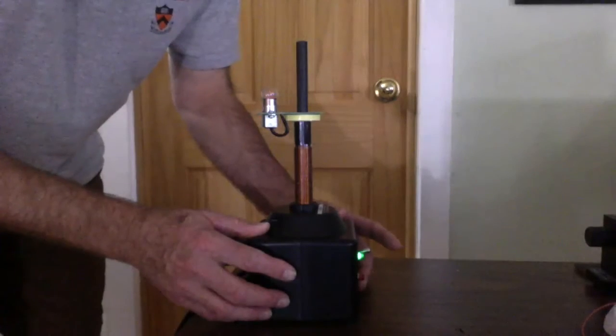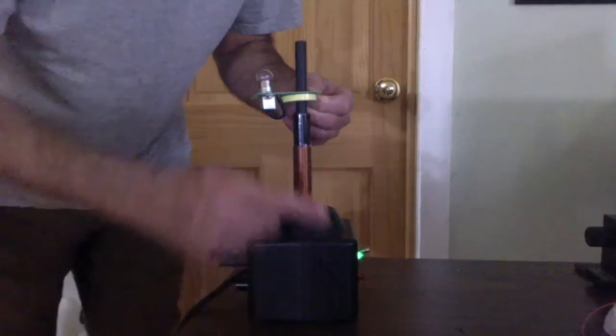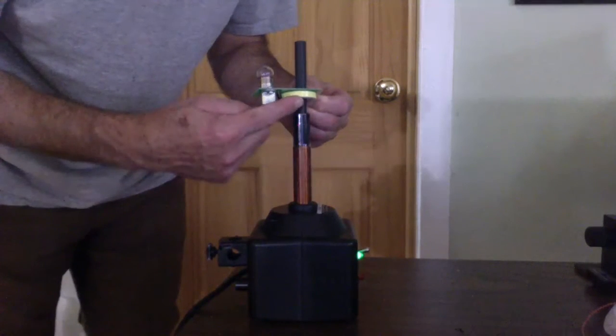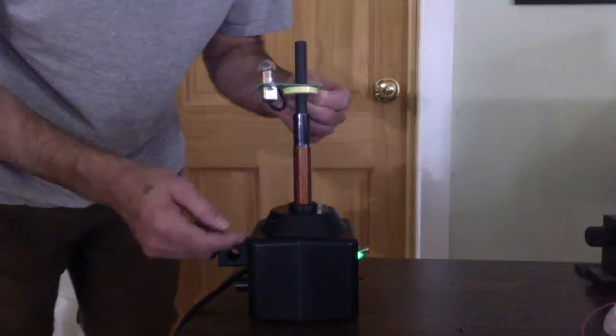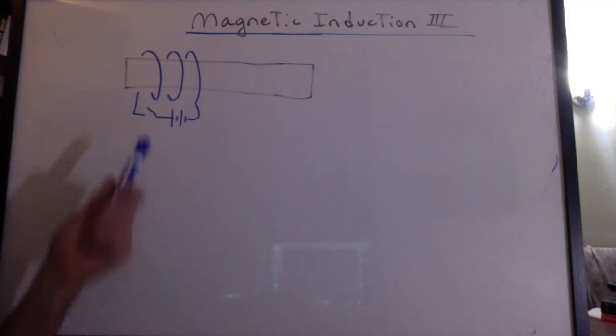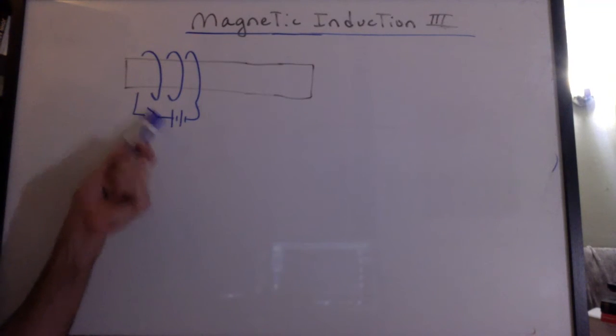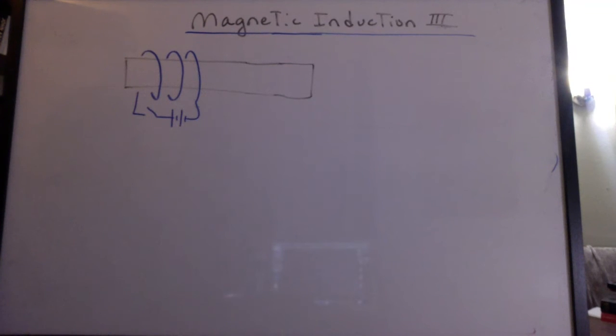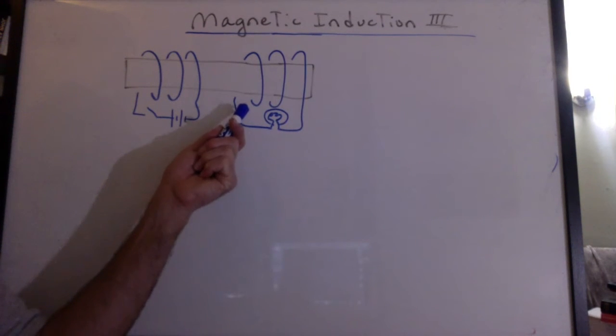Now for a few more details on magnetic induction. Remember that this coil induces a current in this coil. There's no physical connection. Let's go take a look at how that works. So let's say we have a coil with a battery wrapped around a cylinder with a second set of coils